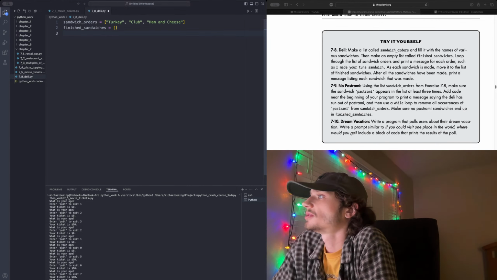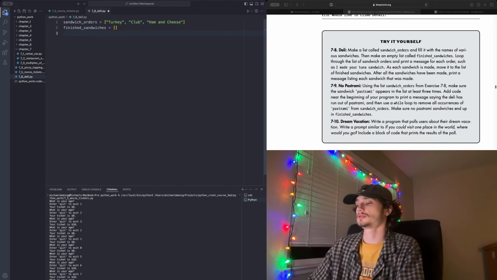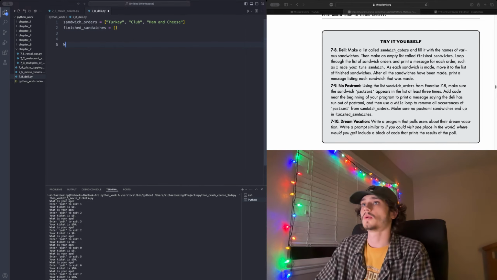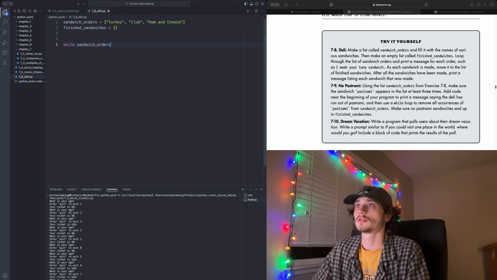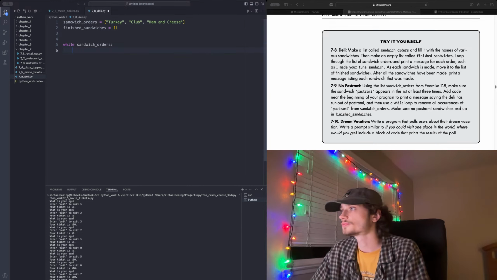After all sandwiches, print a message listing sandwiches made. So while there are sandwich orders,